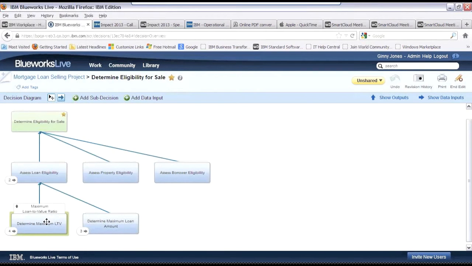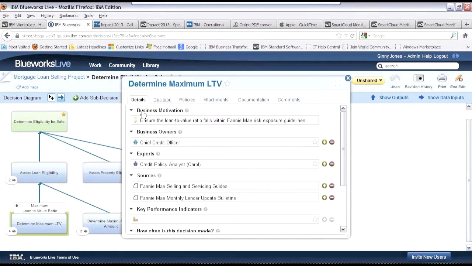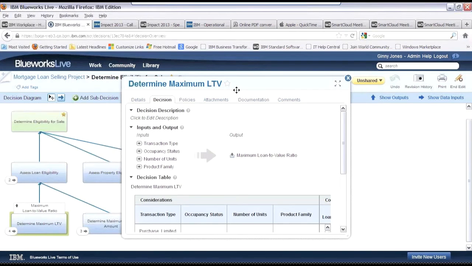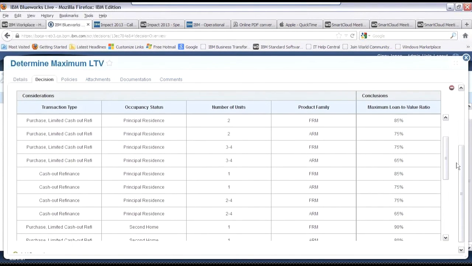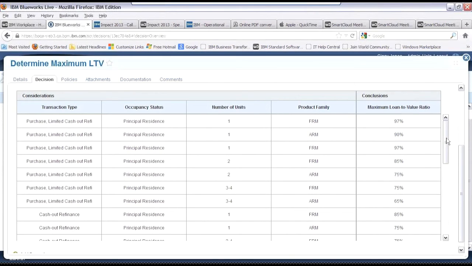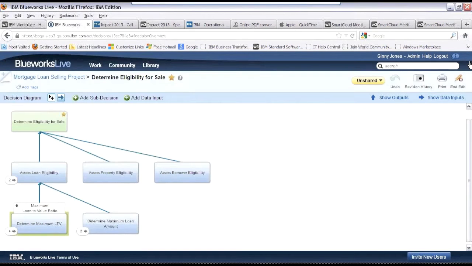if I'm in this kind of decision table that we looked at previously, that may be kind of large and have a lot of very complex logic associated with it, I'm going to be much more comfortable if I've just taken a snapshot of the decision before I go in to make these changes and keep that around for a while. But of course, snapshots can also be used to keep track of the effectivity of policy changes